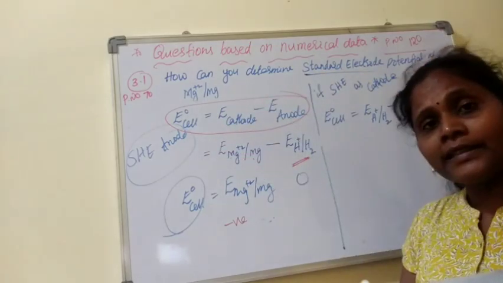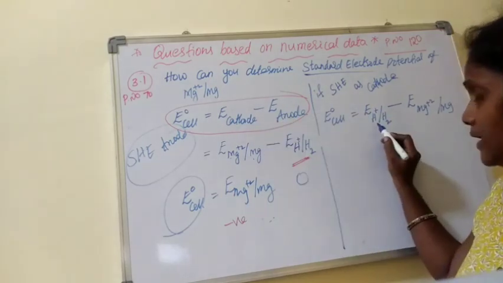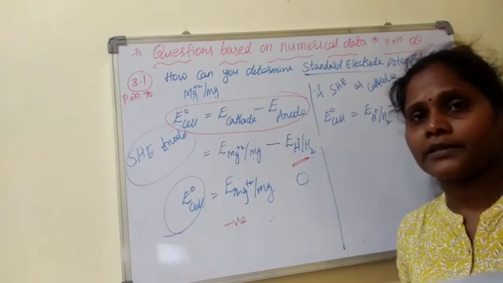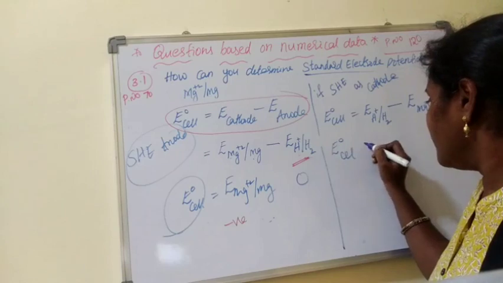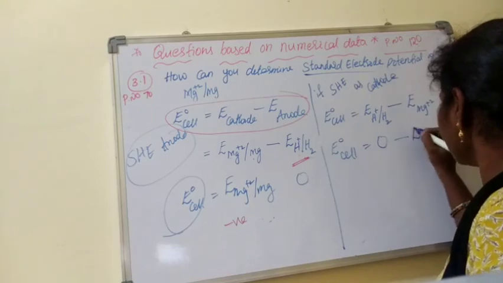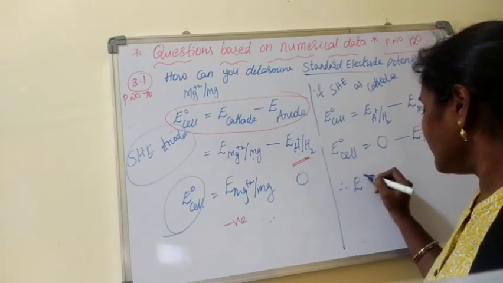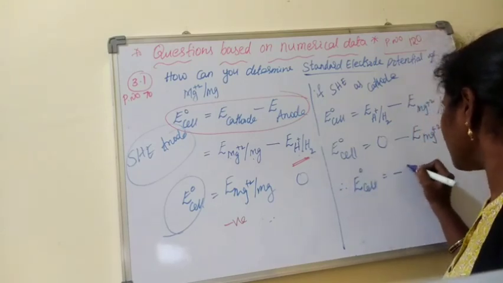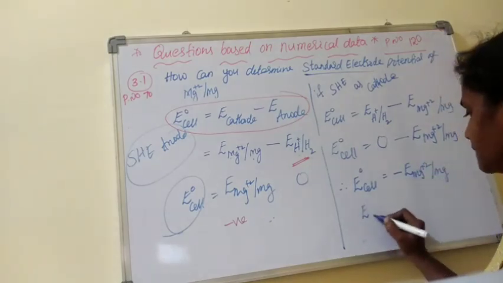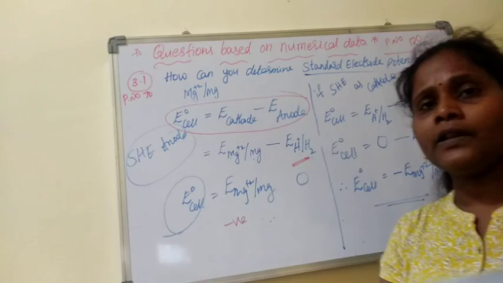Now, for example, I can also explain it like this. I can take the cathode as the hydrogen electrode, whereas my magnesium electrode is the anode. It doesn't matter. Then E0 cell will be equal to, this is 0 now because the standard hydrogen electrode is 0, minus E of magnesium. Therefore, my E0 cell will be equal to minus E of this one. Yeah, that's it. I will only get a minus value. E0 cell will be minus.